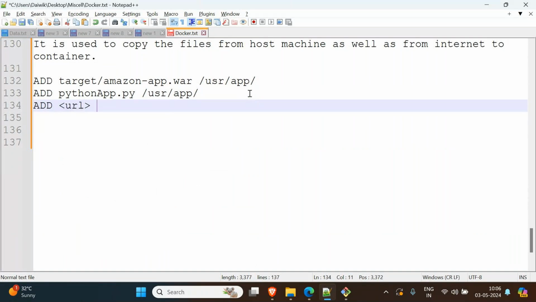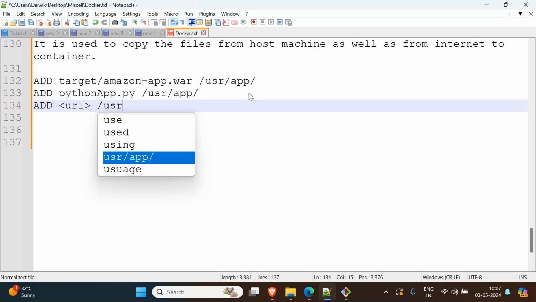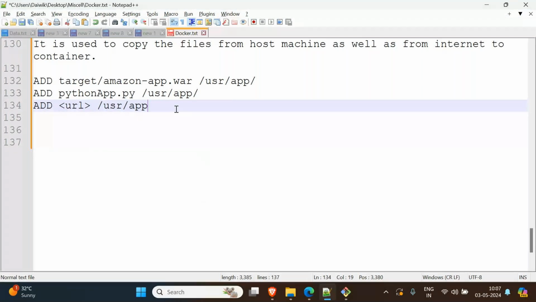Suppose, remember, we have pulled some images, do you remember? We pulled from free CSS. From there we pulled some publications. So you can give that zip path, and where you want to copy that zip file, I will say user slash app. So user slash app is the path in our container. Into this I want to download the zip file and copy it inside this folder. For this purpose we have to use